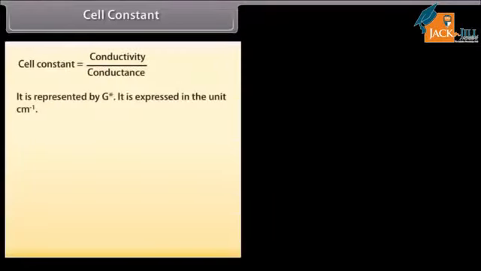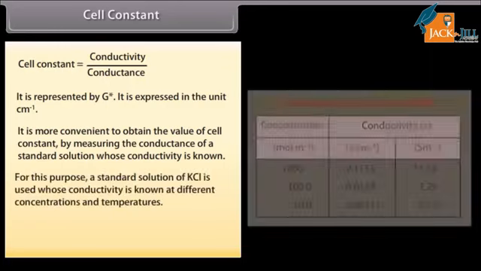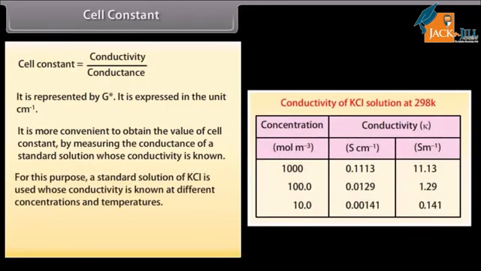Cell constant. Cell constant is equal to conductivity upon conductance. It is represented by G*. It is expressed in the unit centimeter inverse. It is more convenient to obtain the value of cell constant by measuring the conductance of a standard solution whose conductivity is known. For this purpose, a standard solution of KCl is used whose conductivity is known at different concentrations